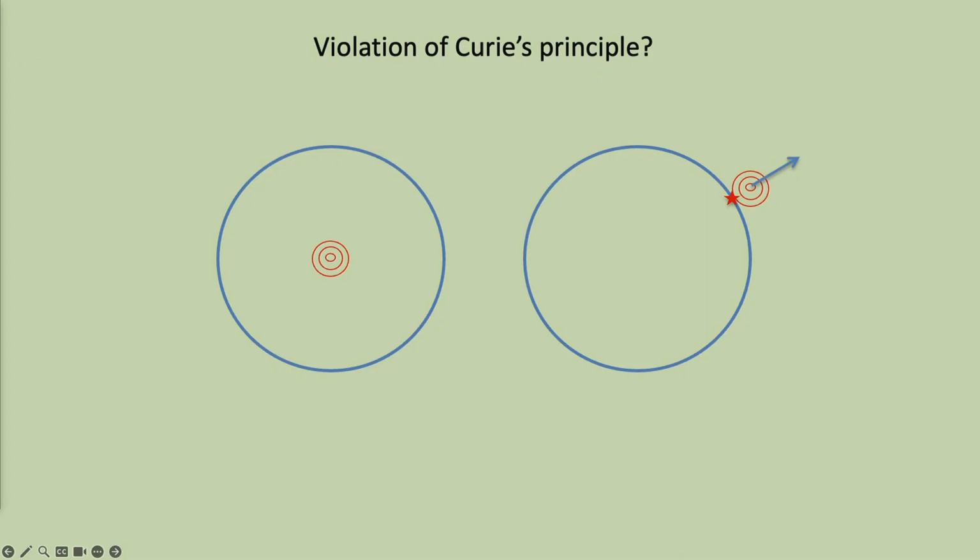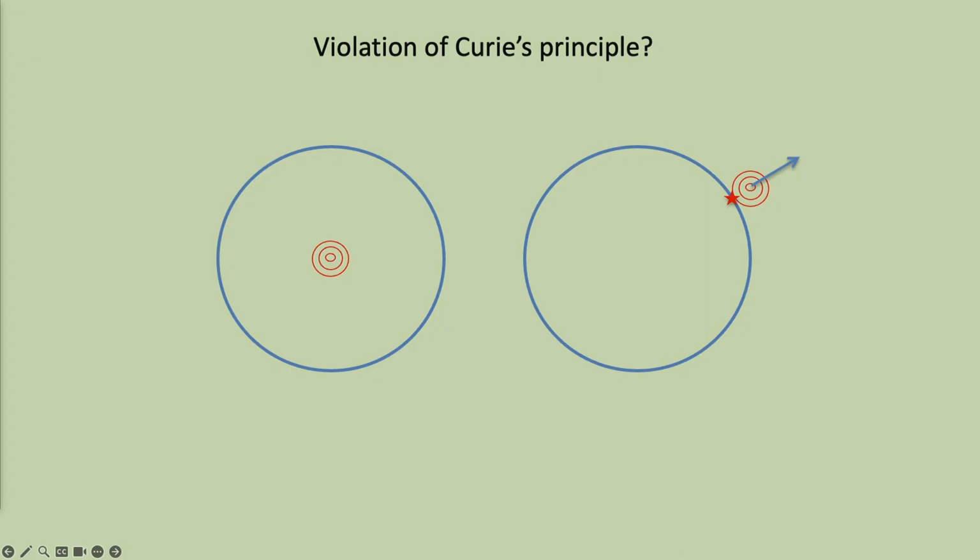And so now the question is, for a particular outcome of this measurement, where we've gone from something that does not break rotational symmetry to something that now picks out a direction in space, is this a violation of Curie's principle? Who thinks yes? Okay, and does anyone think that it isn't a violation of Curie's principle, but it is a violation of the quantitative Curie's principle?